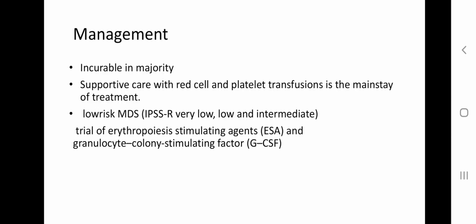So management of myelodysplastic syndrome: it is incurable in the majority of patients. So it is basically supportive care because it's a pre-leukemic condition. Supportive care with red cell transfusion for anemia and platelet transfusion for thrombocytopenia when the patient presents with bleeding. In low risk MDS, that is IPSS very low, low and intermediate, a trial of erythropoiesis stimulating agents and granulocyte colony stimulating factor, G-CSF and ESA, may be done. Otherwise, the treatment of MDS is basically